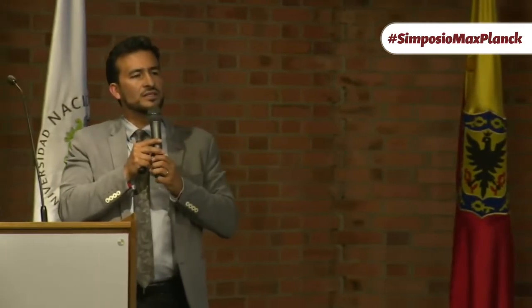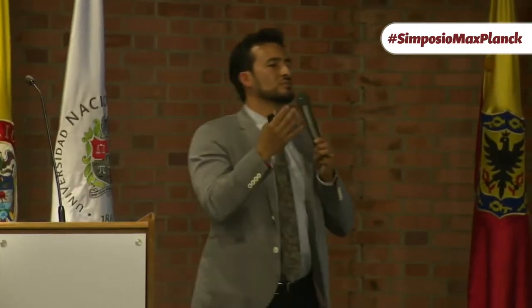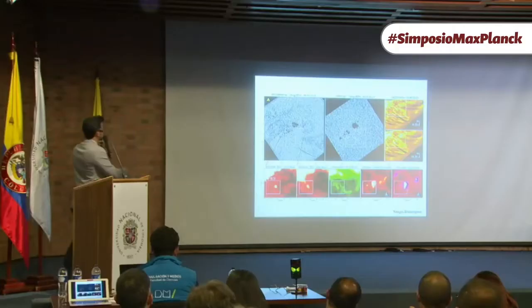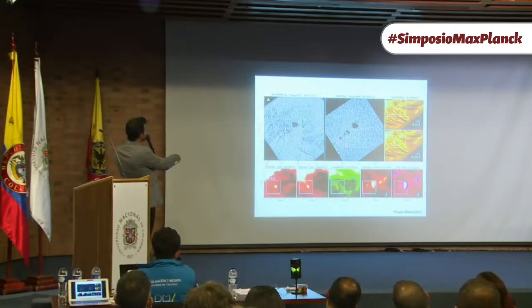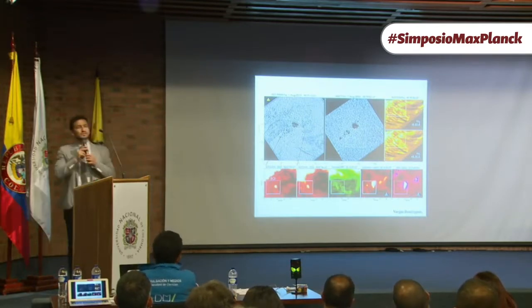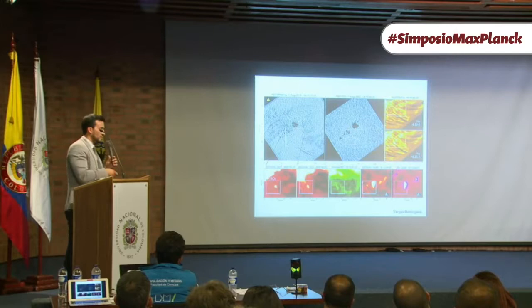So if you go from the solar surface, which is 5,000 degrees, to the upper corona, which is 2 million degrees, then you have this big difference of millions of degrees, and we don't know exactly why this is happening, because you are supposed to reduce the temperature if you go outwards from the source of energy, which is the center of the sun. So basically, we sort of discovered that the emerging flux interacts with the ambient fields, and these sort of explosions are injecting energy into the upper layers.